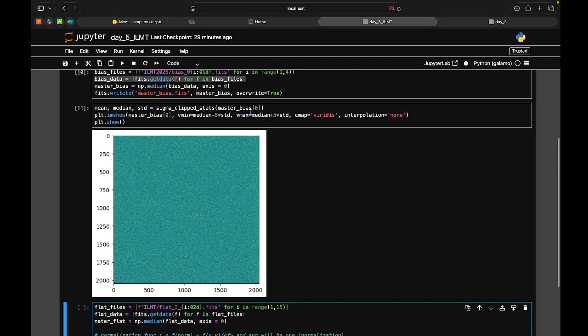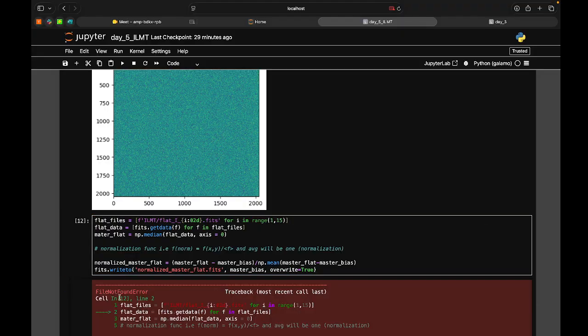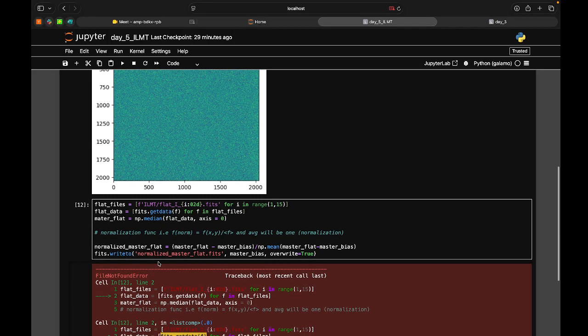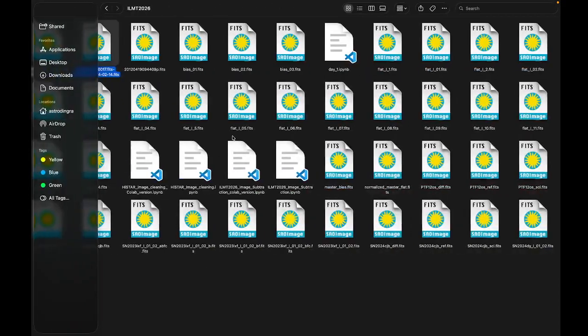Now same, we will use this last command here, and we'll write fits. Now we will just change the file name, which is normalized_master_flat, and now we'll press shift enter, and it has given us a big error. Why has it given us a big error here? What is the error name? It says that file ILMT flat I is not found. So 01,